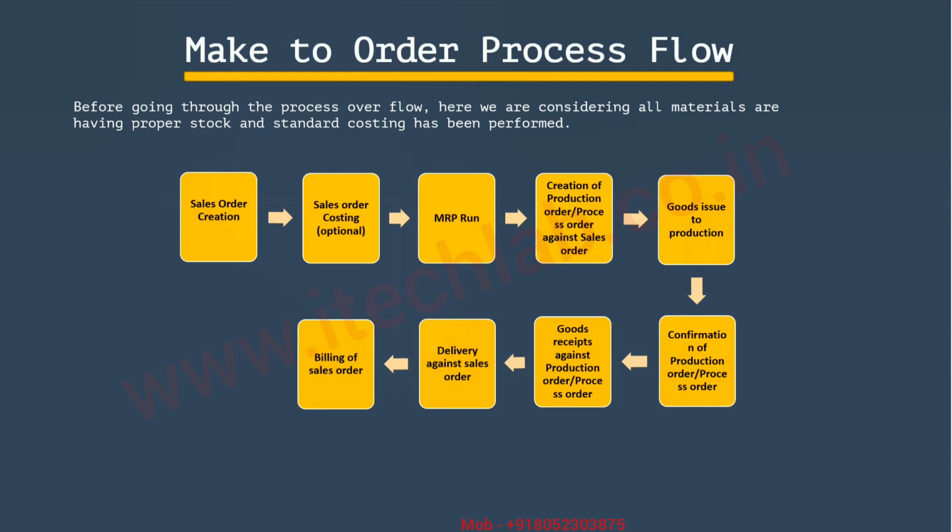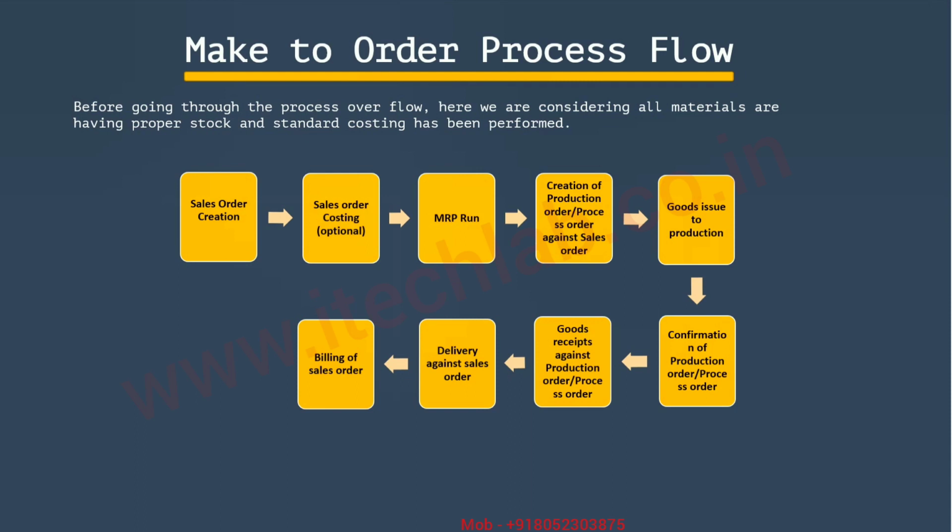Goods issue to production, that is, consumption of raw material to semi-finished or finished goods. Then we are going to do the confirmation. Here is the activity type, all the activity types. Then goods received against the production order. What it means is that when the goods are manufactured, the stock is coming to the finished order. It means the customer's product has been made ready. And then we are going to do